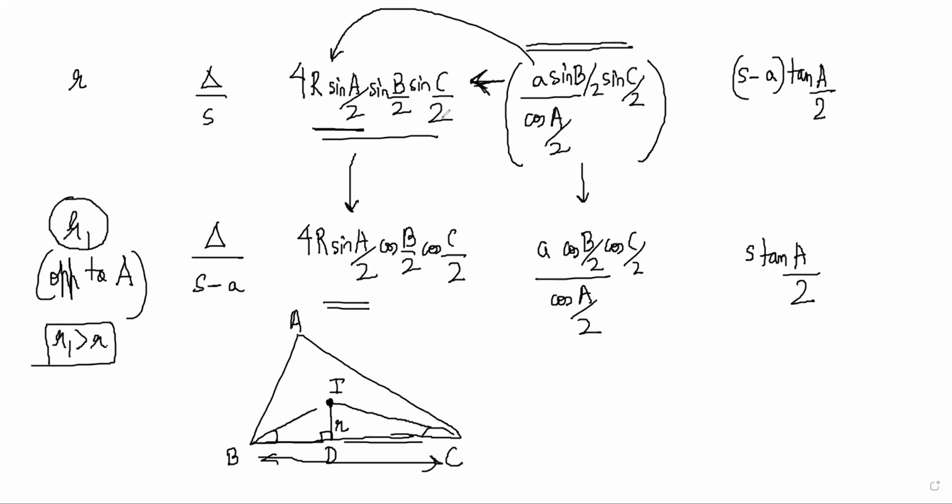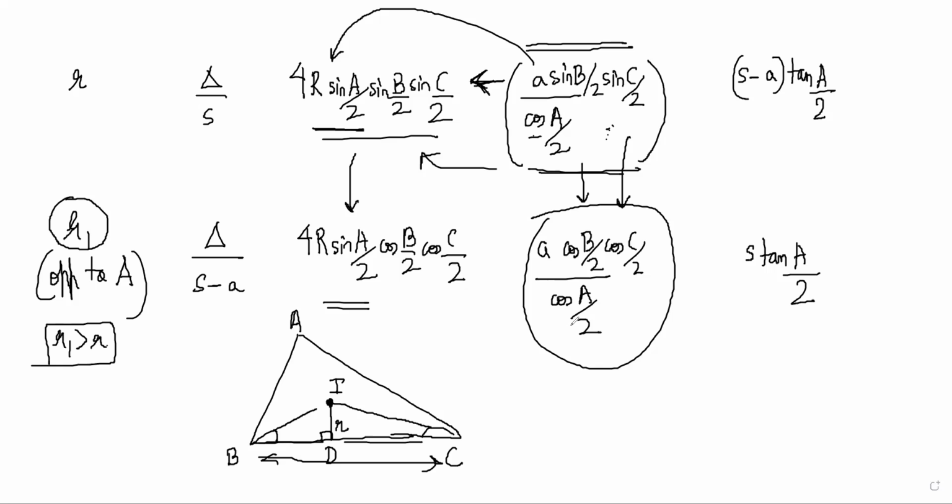So similarly, what you should remember is that if you remember this version of the formula, it is easy to derive this, right? And if you remember this version, it is easy to remember that in the R1 formula, everything becomes a cos. Like there was one cos here, it is cos cos cos here, right? So because of which, again, there will be one sine when this is transformed into this, and two cosines,